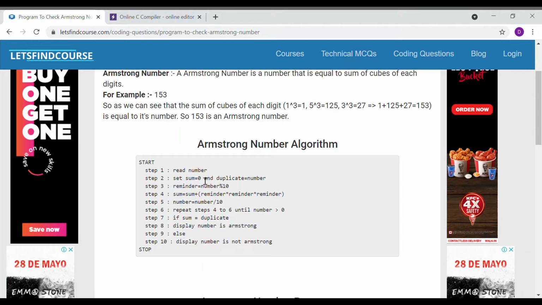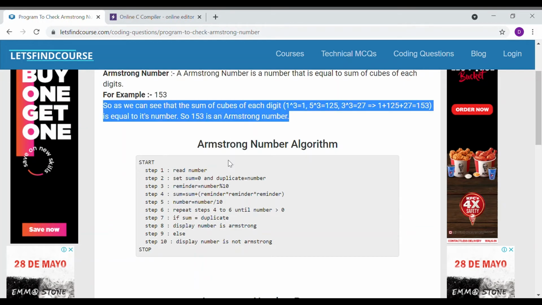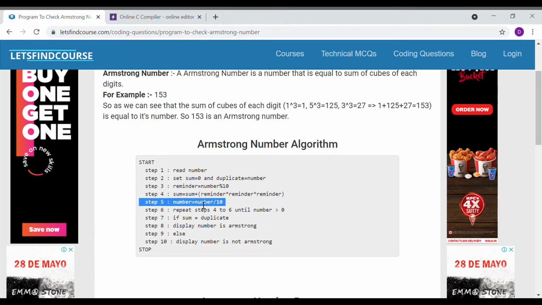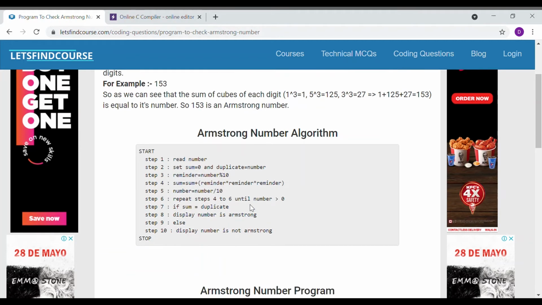If you want to understand the concept of fetching digits from a number, you can see our previous video. I will share the link in the card at the top. After dividing, we iterate over these same three steps, steps 4 to 6, until the number is 0.